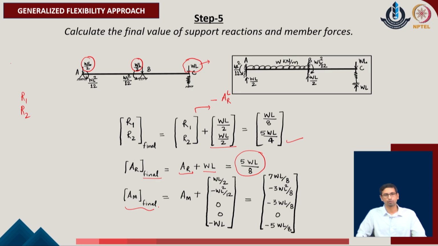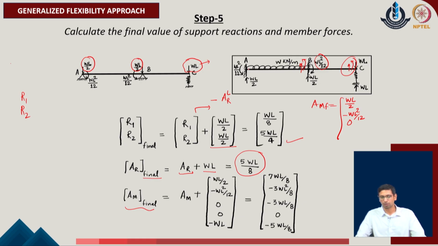What we realize is that for member forces, we have to add the member force component with respect to the fixed ended system as well. So, we evaluate the fixed ended system. Over here also there will be member forces which will be contributed, and we evaluate their contribution as A of M 1 which is equal to W L upon 2, A of M 2 which is minus of W L square upon 12 because of the first member. Similarly, when we move to the second joint over here, we realize that A of M 3 will be 0, because there is no load which is active on this span of the given system.